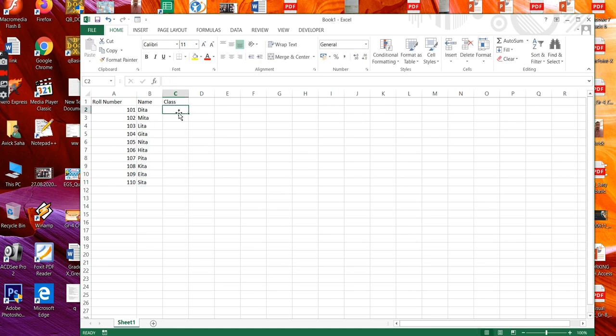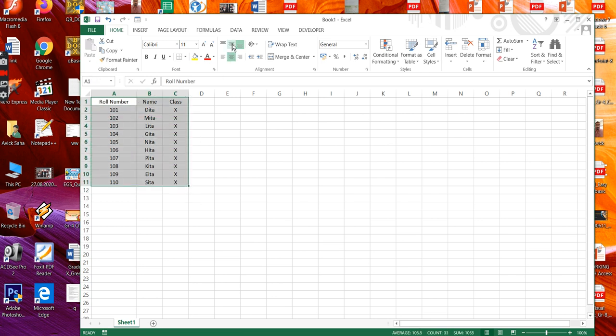These are the names and these are the class name category. So you can drag like this on the top. Now you have to make it align properly. After that you will get to see some of the sorting you can do here. How? First of all you need to go to